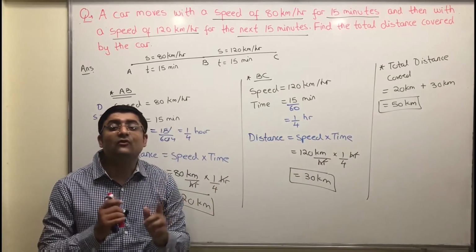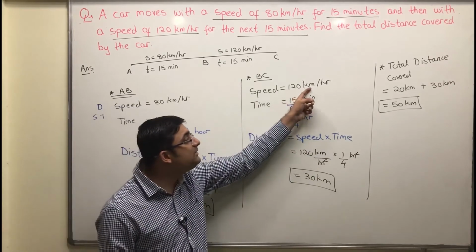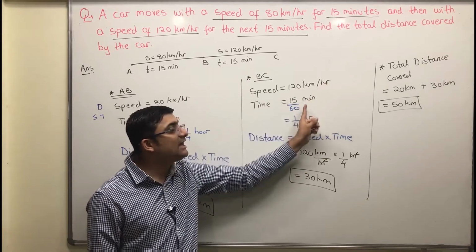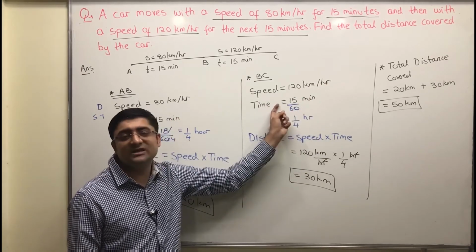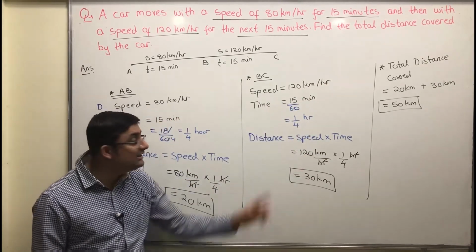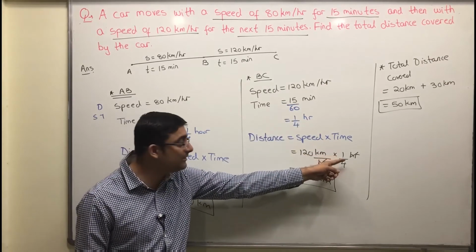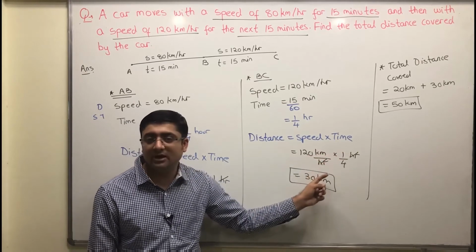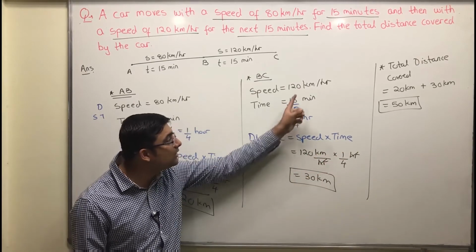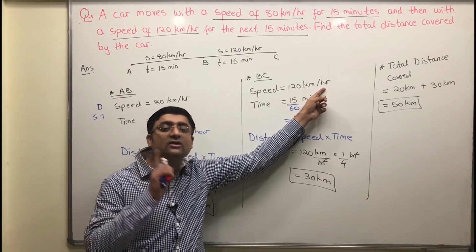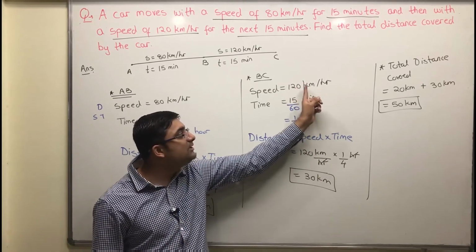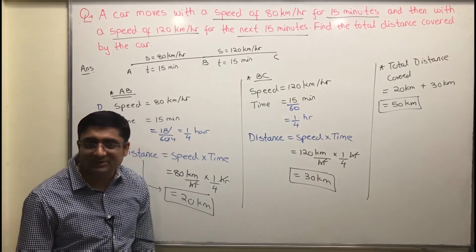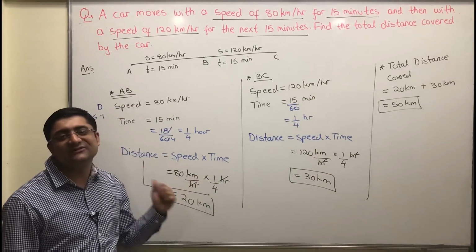20 plus 30, that is 50 kilometers. And remember guys, don't forget to change your units. Because speed is in kilometer per hour, that means distance has to be in kilometers and time has to be in hours. Because time was given in minutes, hence we converted to hours. In case you put in minutes over here, what will happen? Minutes and hour will not cancel out. So you'll get the answer kilometer minute per hour. That does not work. So remember guys, whatever the units of speed, accordingly you have to take distance and time. Because speed was kilometer per hour, distance has to be in kilometer, time has to be in hour. Is this clear? So this is how you solve this question.